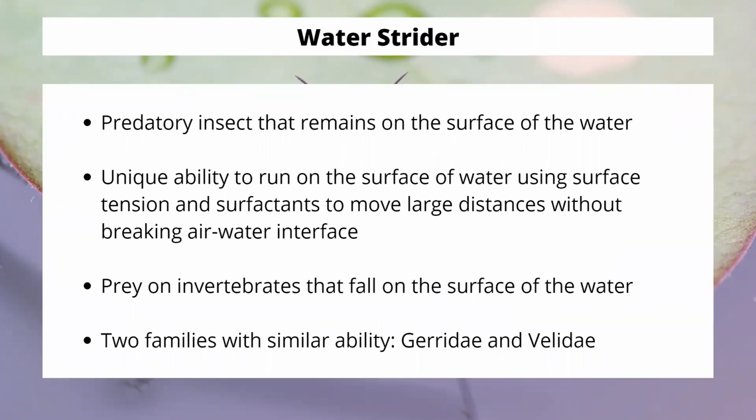There's also another one that's a little bit related to them called Velidae as well. You may hear some entomologists or specialists in that field, workers in pond environments, talk about those two. But the two of them are going to be doing essentially the same thing. It's just important to keep in mind, like I say here, they're able to move across the surface of the water without breaking the air-water interface. So that keeps them floating above it, and they just move along that.